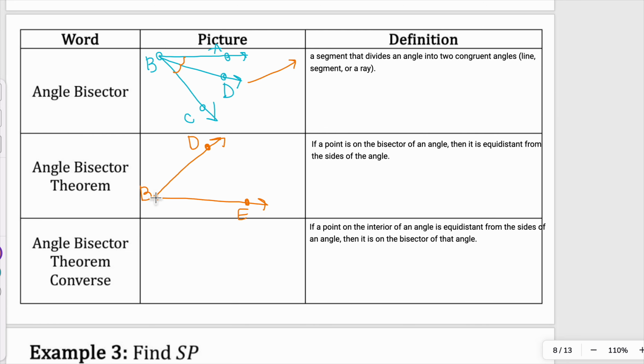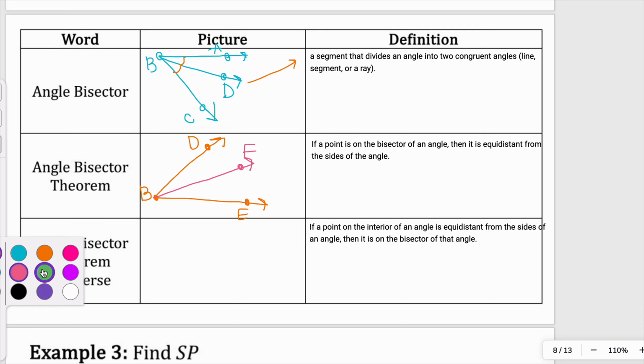And we'll have our bisector ray BF. That's just going to show that D to F is the same distance as F to E, because we're noticing BF is the angle bisector. Okay, then the converse of that is just going to state if